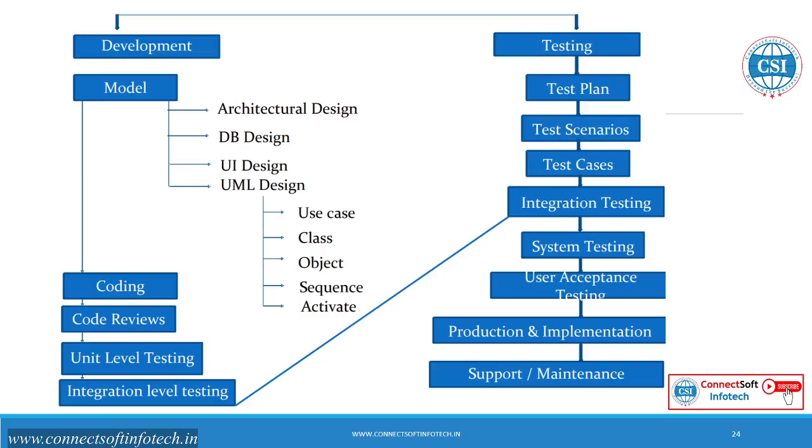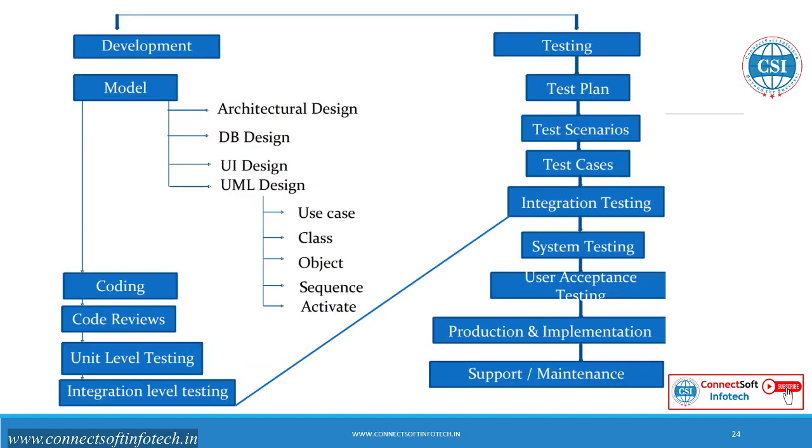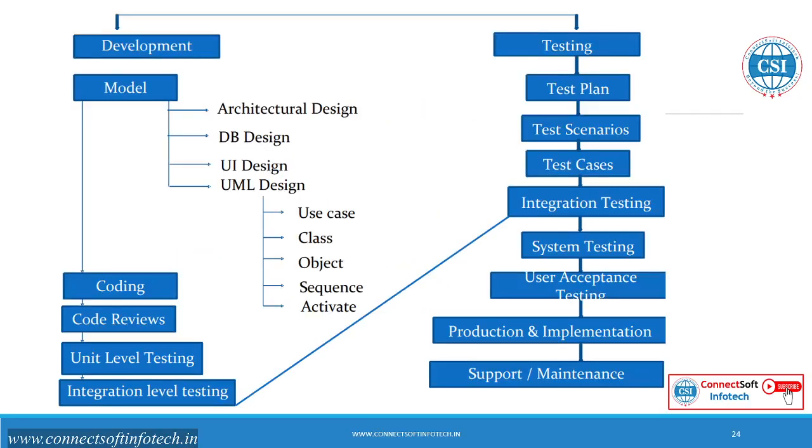You just have to understand how the project comes to the industry and how it works in the initial stage. This is the initial stage. We are learning how the project comes: what is RFP, PMP, BRS, SRS. Three documents are important: BRS, SRS, FRS. Tomorrow we are going to see, after completion of the SRS documentation, what kind of documentation starts, how the development team works, and how the testing team works. We'll see that tomorrow in the next class. Okay. Yeah. So I hope you